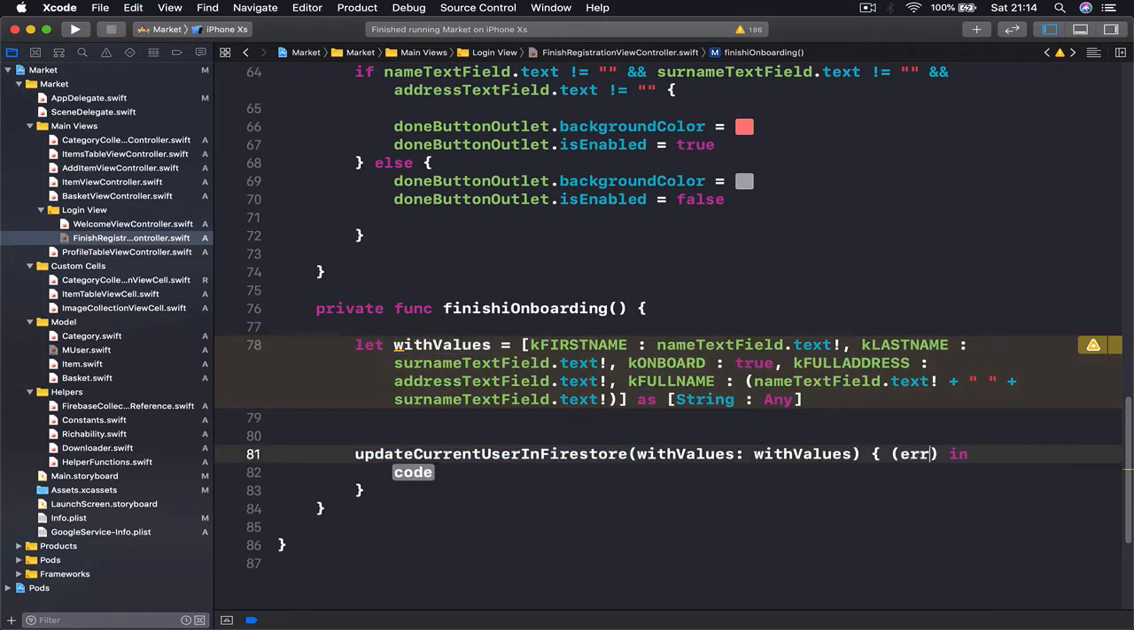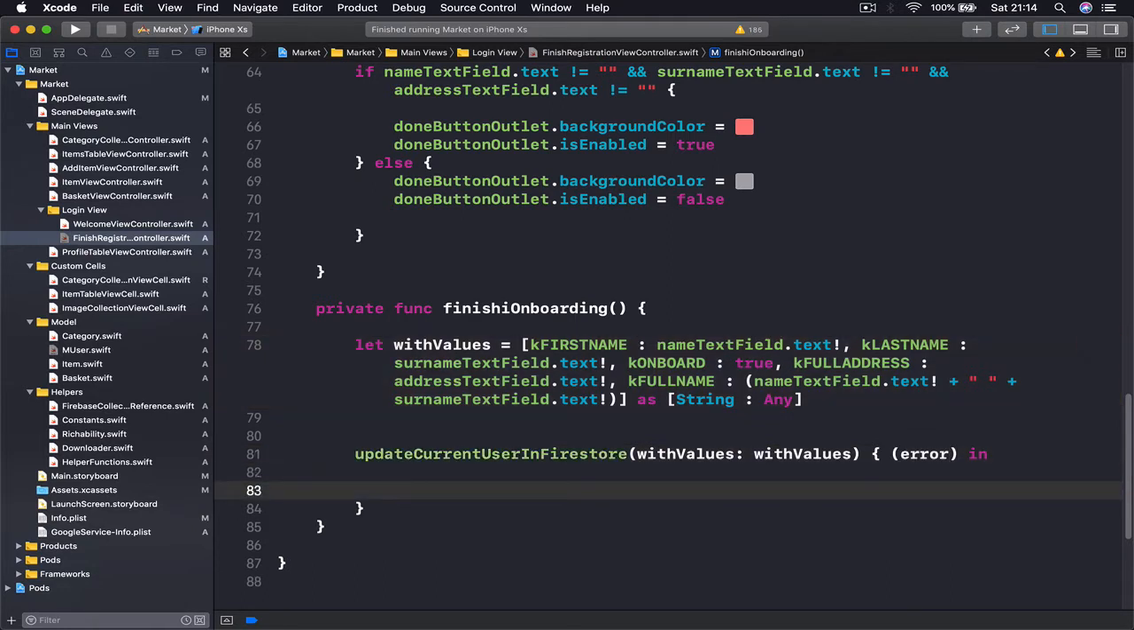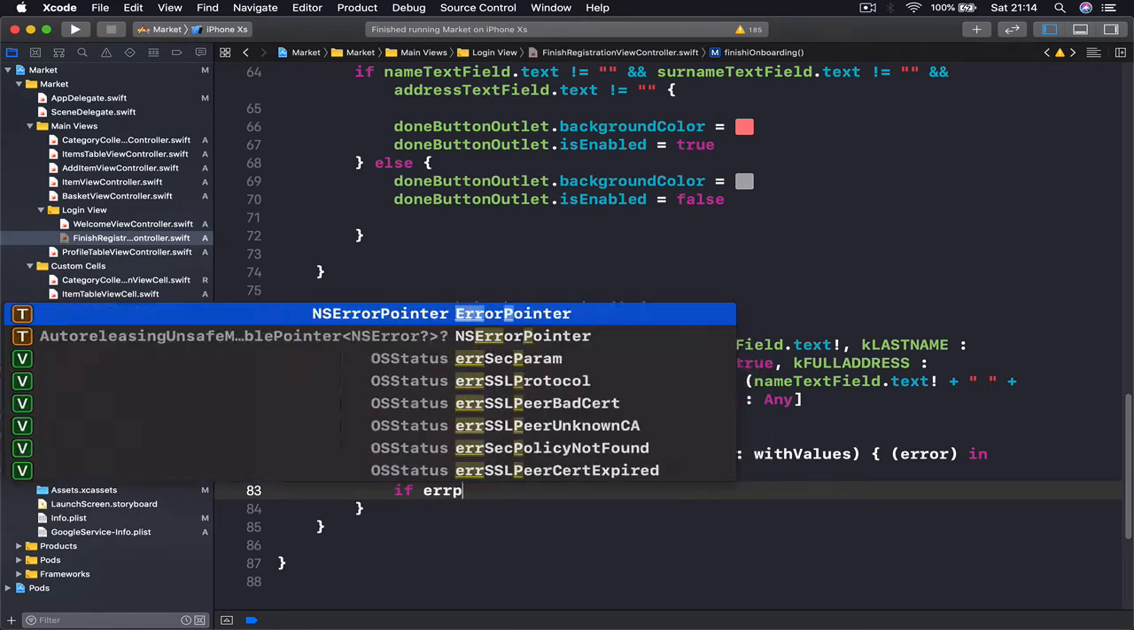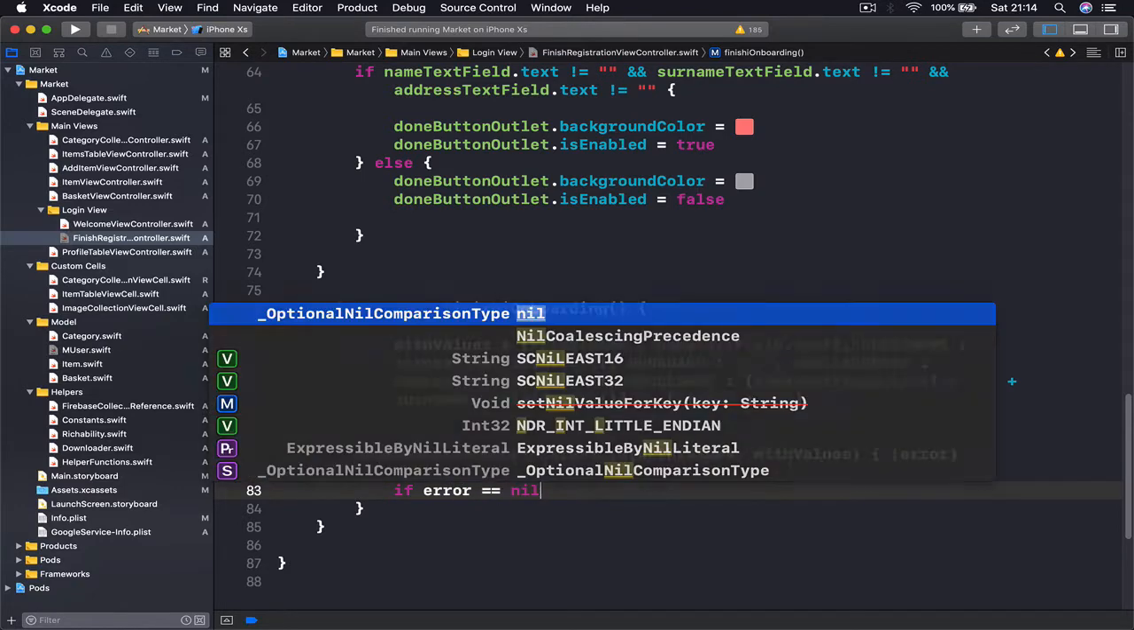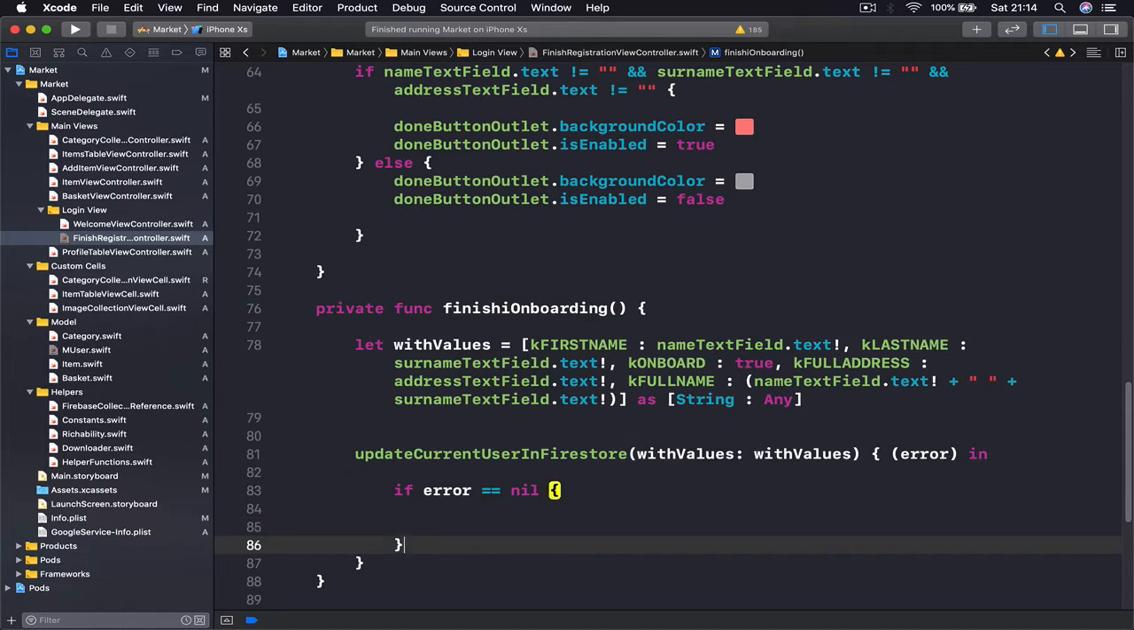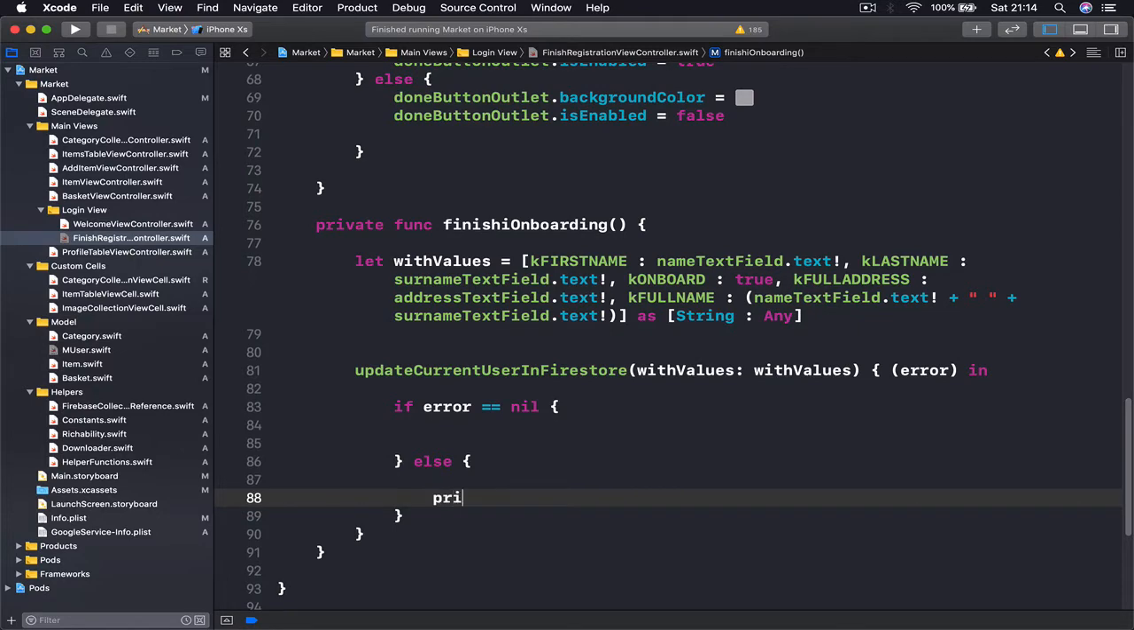So we say updateCurrentUserInFirestore, and we will just pass our withValues. Completion is going to be error, our variable name, and all we need to do here is show the error to the user. So we say if error is equal to nil, it means there is no error, and then we have the else, it means we have an error. I'm going to just print the error for myself: error updating user, and let's pass our error description here,